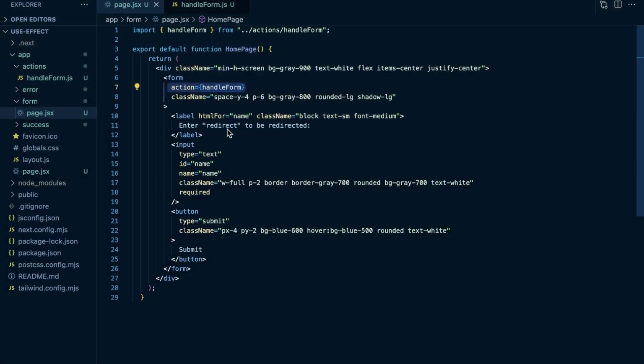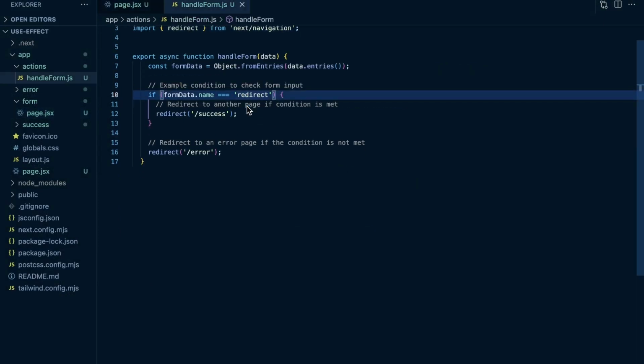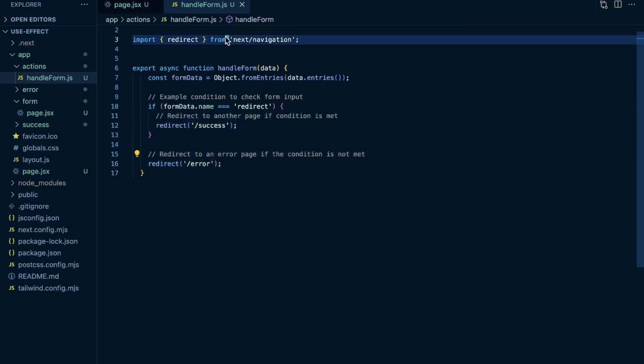When the user submits, it's going to trigger this handle form server action, which is basically going to check, alright, does the form data name equal the string redirect? If it does, redirect them to a success page, else redirect them to an error page. So we just import redirect from next/navigation, and then we just call that function when we want to redirect the